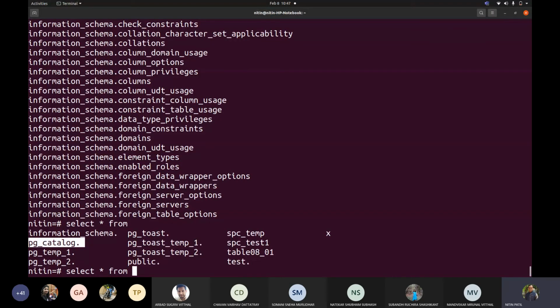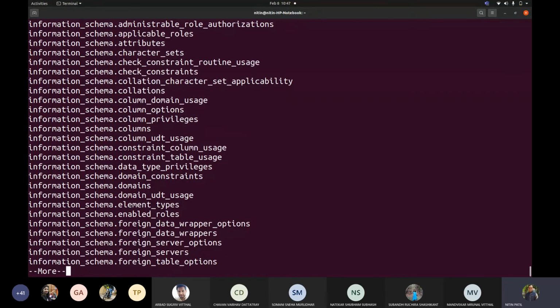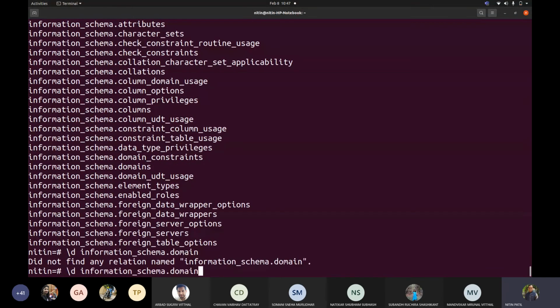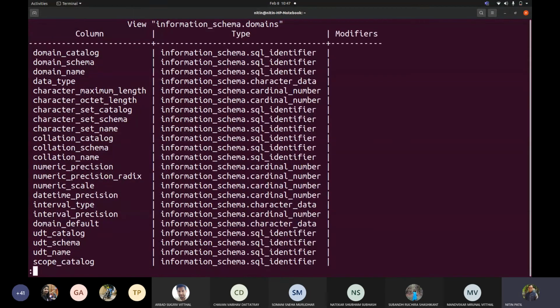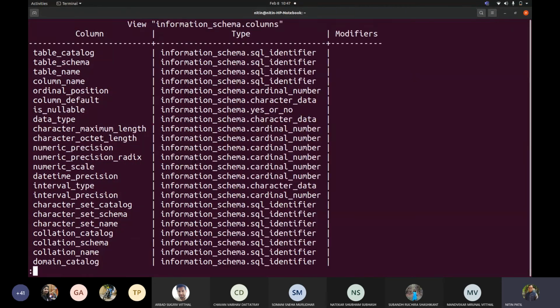So when I say information schema, say for example, \d information_schema.domains, it shows that it is a view. So can I conclude that all of them which are ultimately added there would be views?